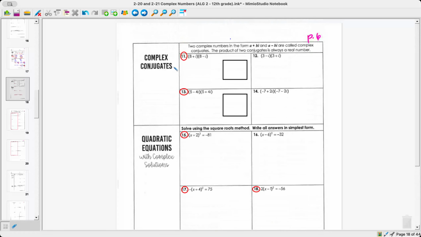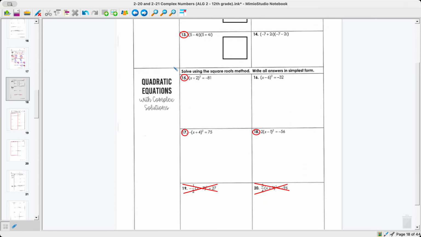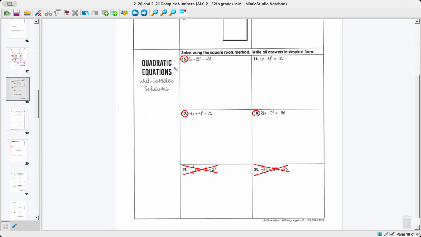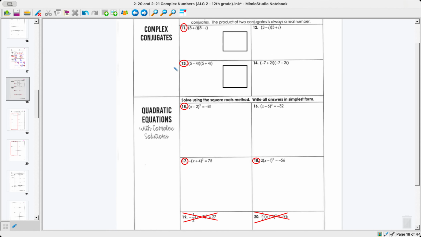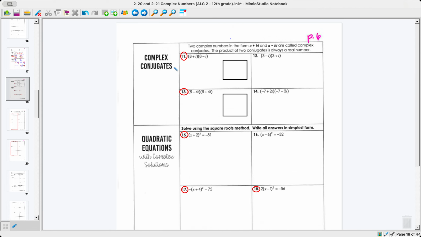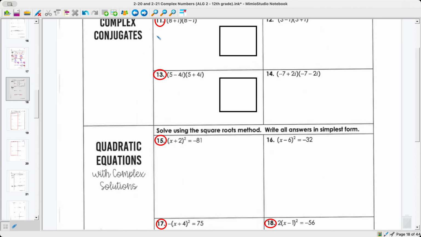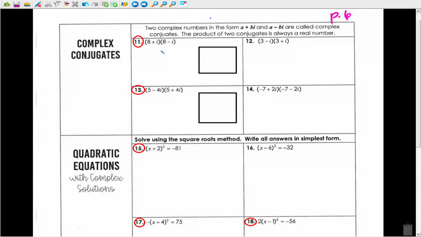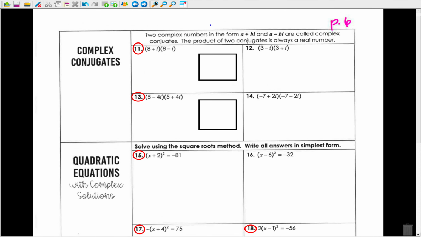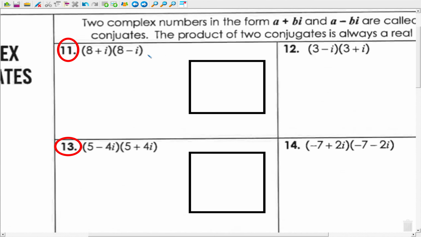On the back side, page 6, you'll notice I've selected a few problems that I want to go over with you. Cross out 19 and 20. We're not going to look at those, but let's go ahead and start with 11 and 13. I've taken the liberty of drawing my boxes in advance because what we have on these problems is, again, a